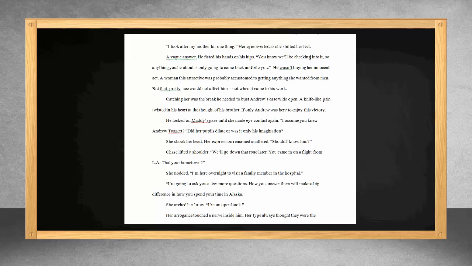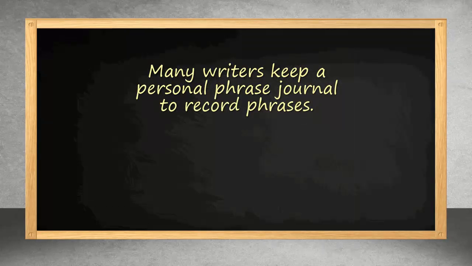And again, all you have to do is pick up any good novel and you'll see some good examples of how they're using action tags. In fact, many authors keep a phrase book of phrases they see in fiction that they like, or phrases they come up with themselves, or action tags that they see that work really well. And I got to tell you, you can keep pages and pages of these phrase books, and when you're looking for something to put in your own novel, you might look through pages and pages and still never find anything that works just right for you. However, the idea of writing other action tags down and writing down other people's phrases tends to help build those qualities inside your own mind.